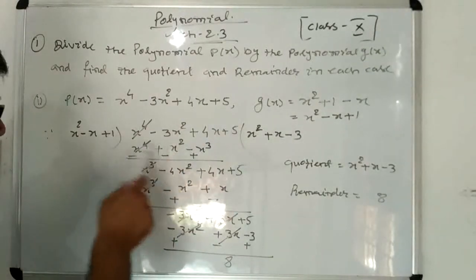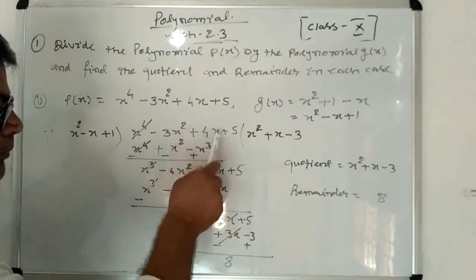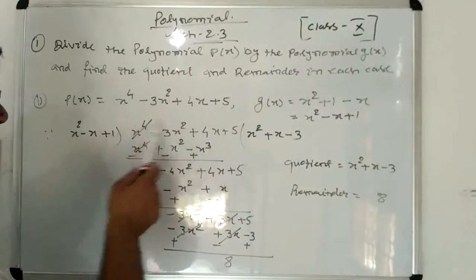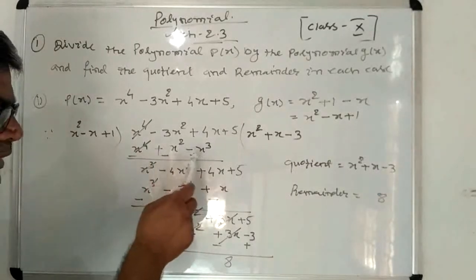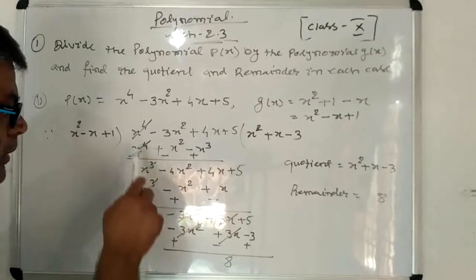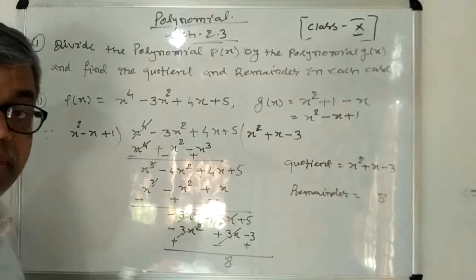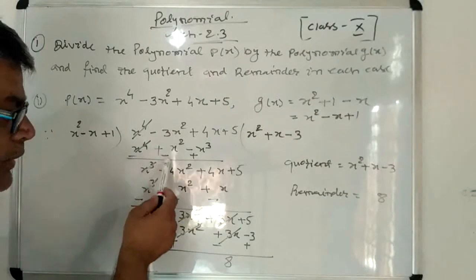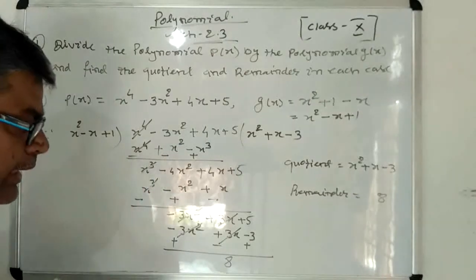Minus x cube will come, and minus x cube is not in this term, so we have written this minus x cube as the last term. And thereafter plus x square. Okay. And now you have to change the sign. So change the sign of the expression which you got by multiplying the divisor. It is plus, so it will be minus; it is plus, so it will be minus; and it is minus, so it will be plus. So this plus and minus will get cancelled.